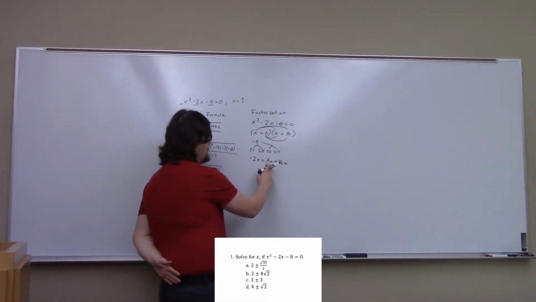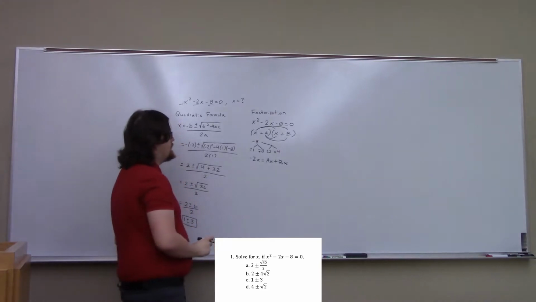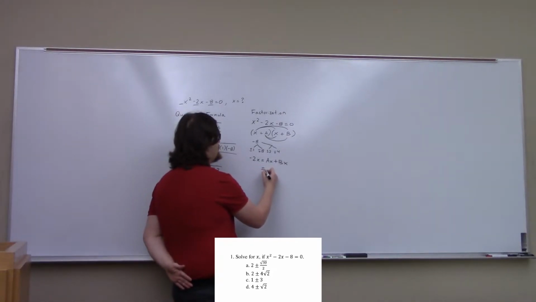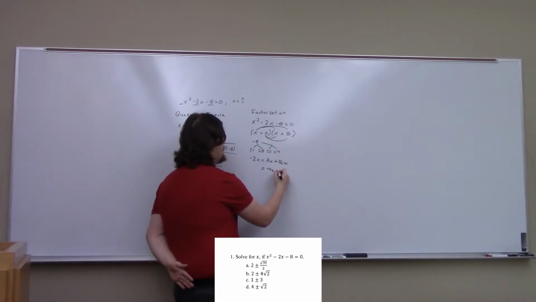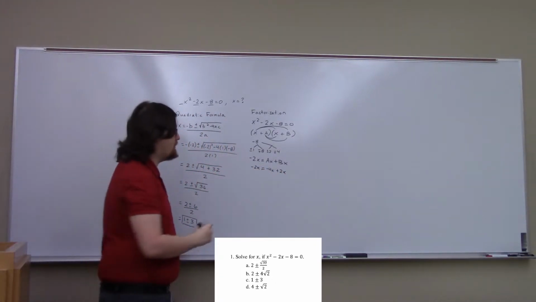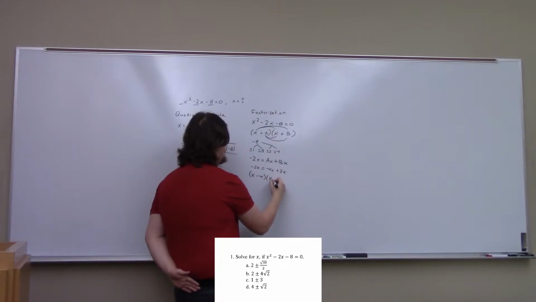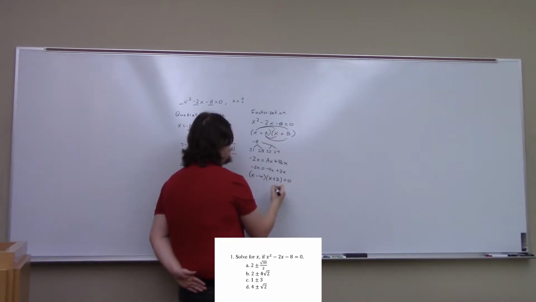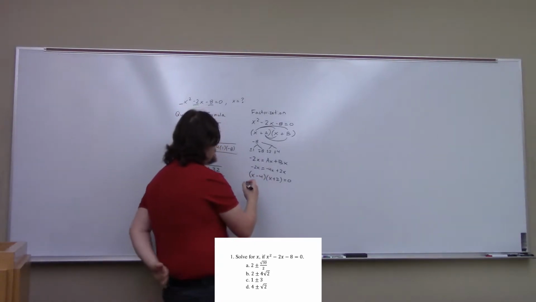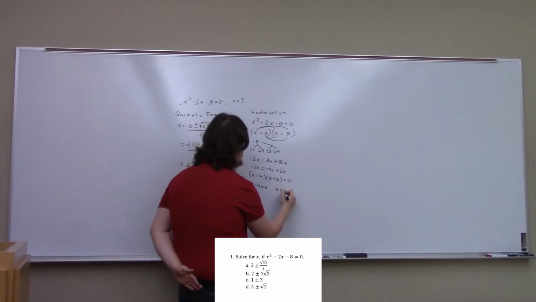So we know negative 2 needs to be equal to a plus b times x, and we need to use these values. If we look at our different possibilities here, we need to get negative 2, and the only one that works here is when we have a negative 4 and a positive 2, and that will give us negative 2x. So now if we plug this back in, we get x minus 4 times x plus 2 equal to 0. And if we divide by either one of these equations, we'll get the opposite equation equal to 0,